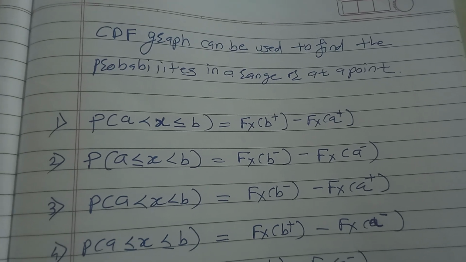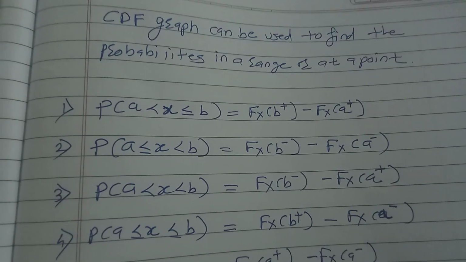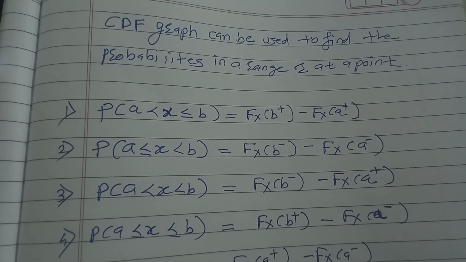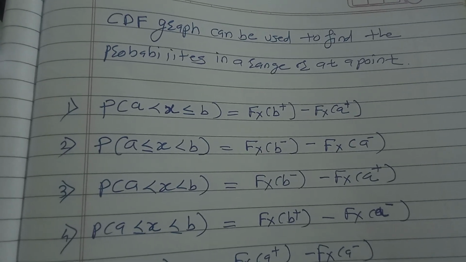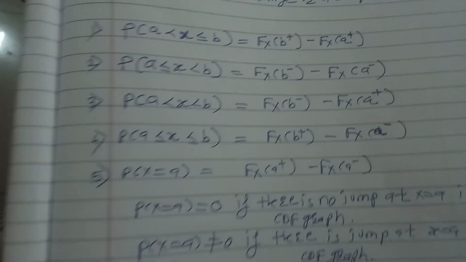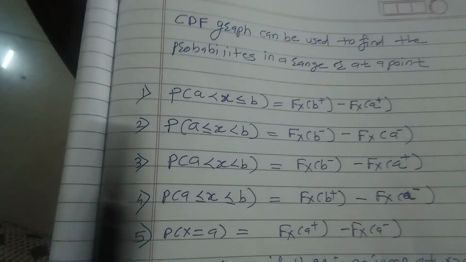CDF graph can be used to find different probabilities in a range or at a point. So these are the formulas for obtaining the probabilities in a range or probability at a point when a CDF graph is given. So first one is